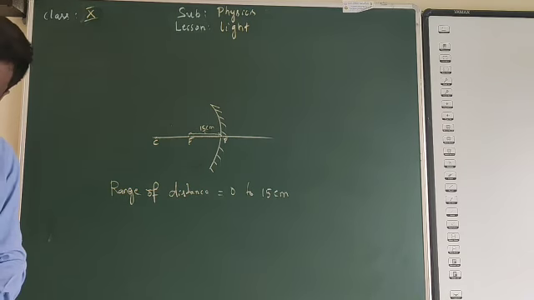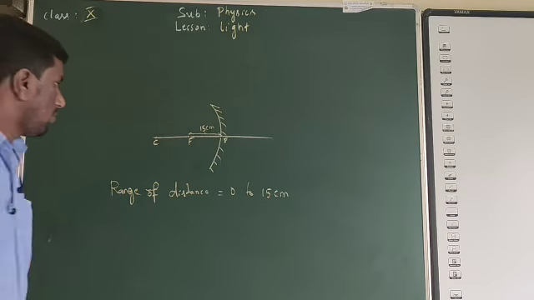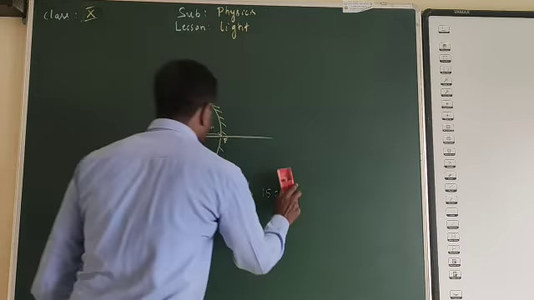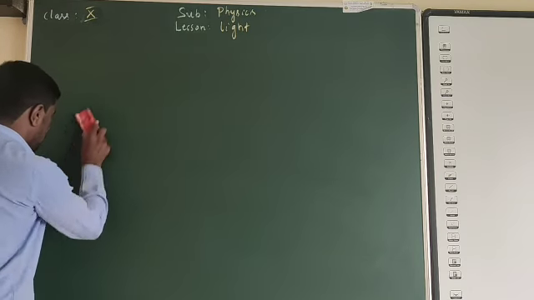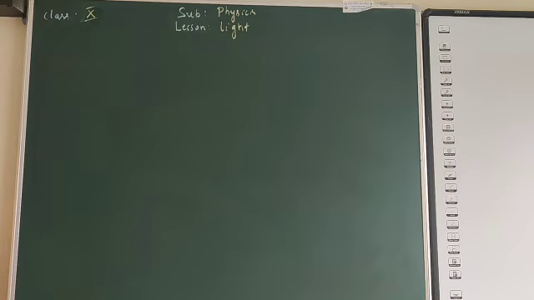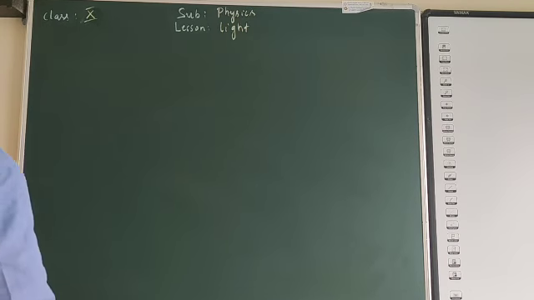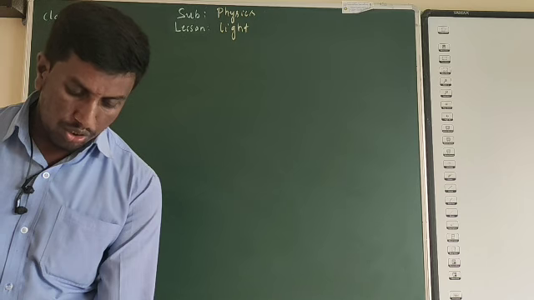Draw a ray diagram to show the image formation in this case. They have told us to draw the ray diagram, so we should draw it using this scale and compass. Okay, so we'll draw an arc of convenient distance. They have given that the focal length is 15 centimeter, so you should take 30